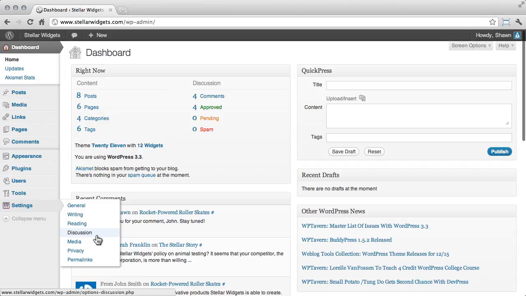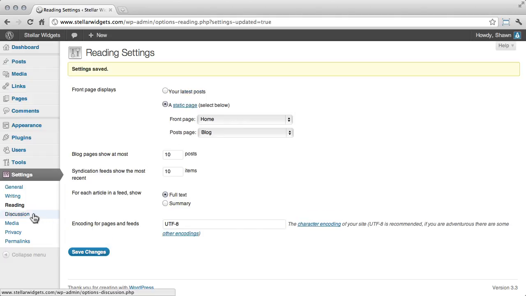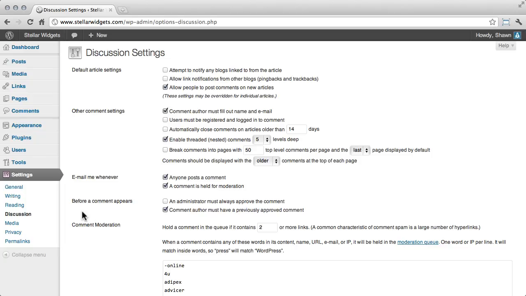You can also choose how many posts will appear on your blog page, and how many posts will show in your RSS feed. You can choose to show the full text of your articles in the RSS feed or just a summary, which will require folks to visit your site in order to read the rest of the article. You'll remember that we covered the Discussion subpanel in detail during the earlier video on comments, so we'll move right on to the Media